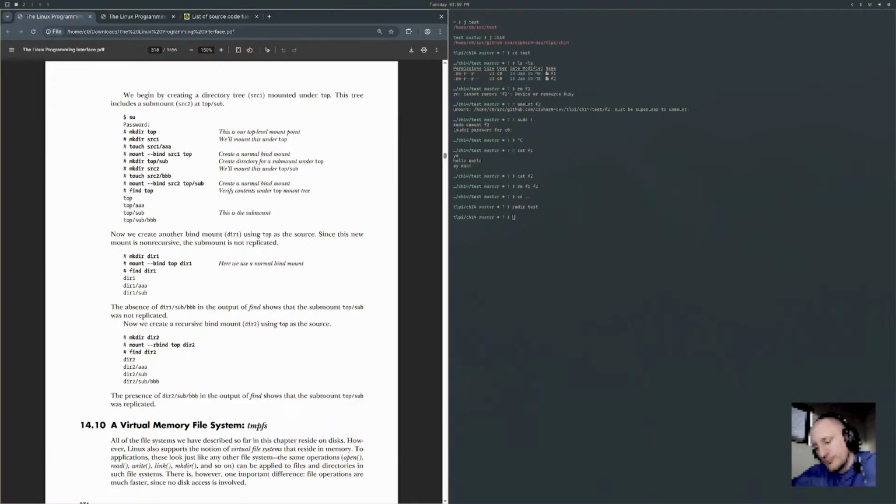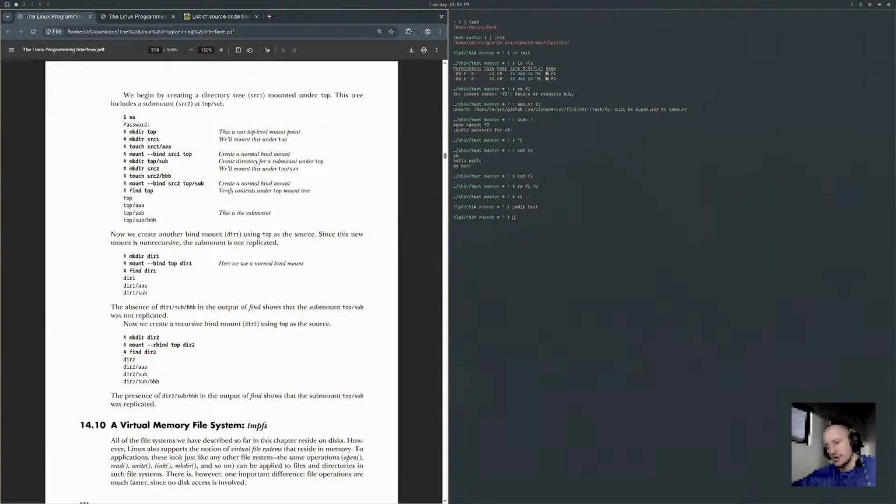They're pretty cool. We begin by creating a directory tree, source1, mounted under top. This tree includes a submount, source2, at top/sub. So we get into root, mkdir top, mkdir source1, touch source1/a, mount --bind source1 to top, mkdir top/sub.